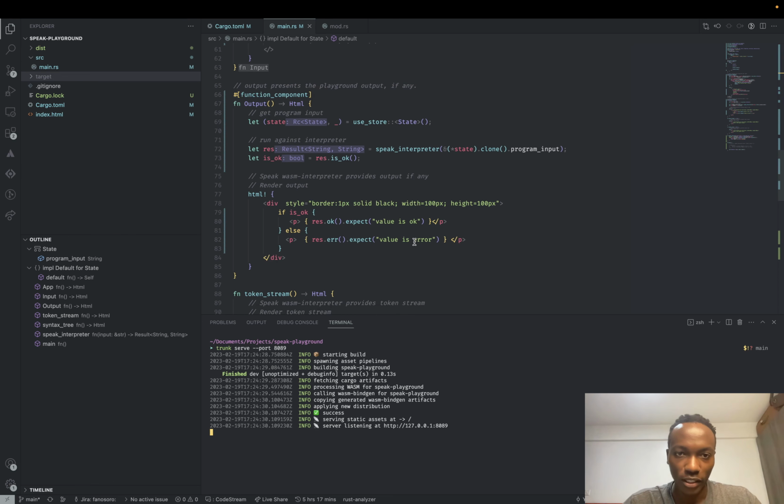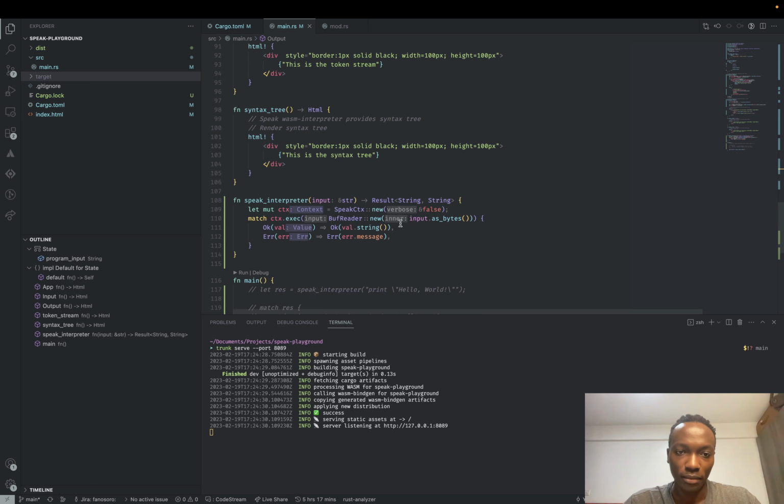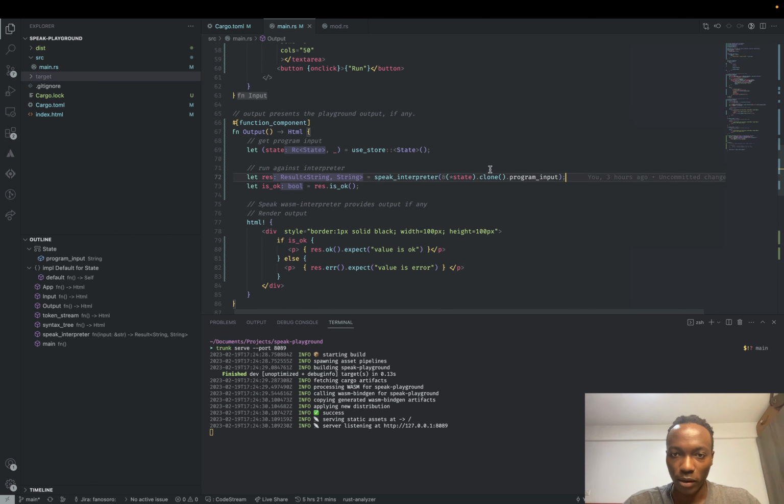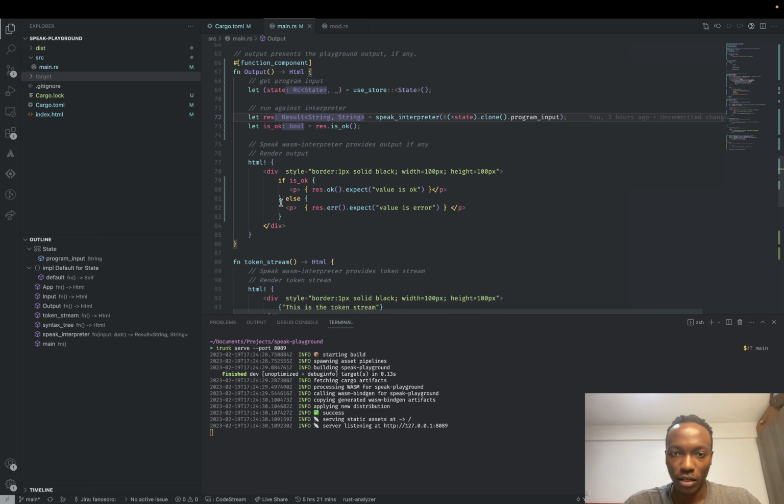What happens with the output is that we also access the state, and then we pass the program input to the interpreter. This is the API I'm working with, much like what we did in the last video, so this should be easy to remember. When I pass that, I should get the result, which is the output or the error. Then depending on the output,